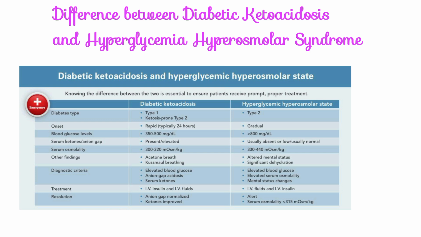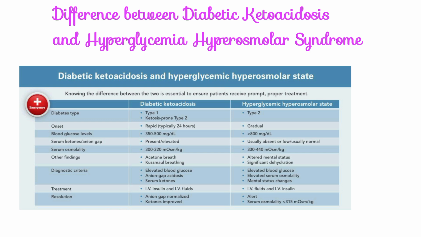The blood glucose level is 300 to 500 in diabetic ketoacidosis, whereas in HHS the glucose level may be greater than 800. Serum ketone bodies are present in diabetic ketoacidosis, whereas in hyperglycemic hyperosmolar syndrome the serum ketone bodies are within normal. Serum osmolarity is 300 to 320 in diabetic ketoacidosis. In hyperglycemic hyperosmolar state, the serum osmolarity is